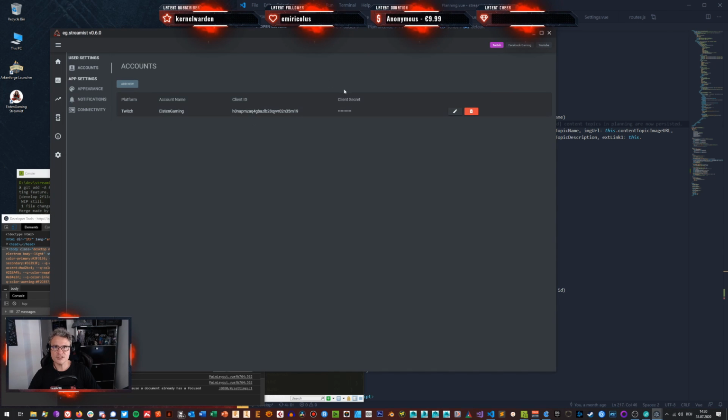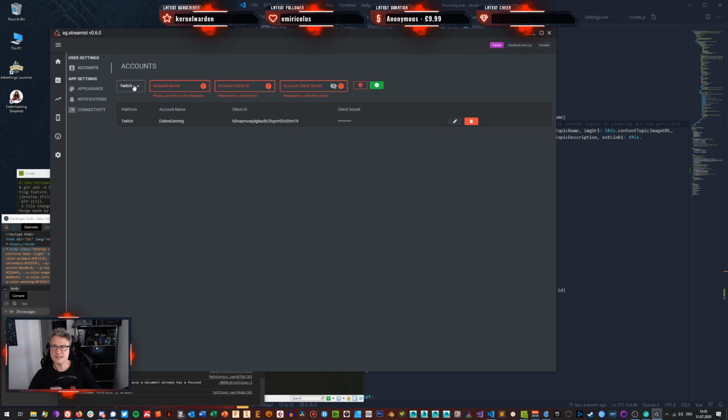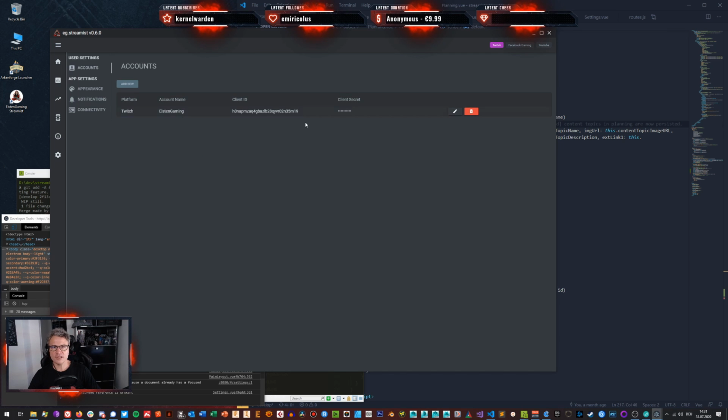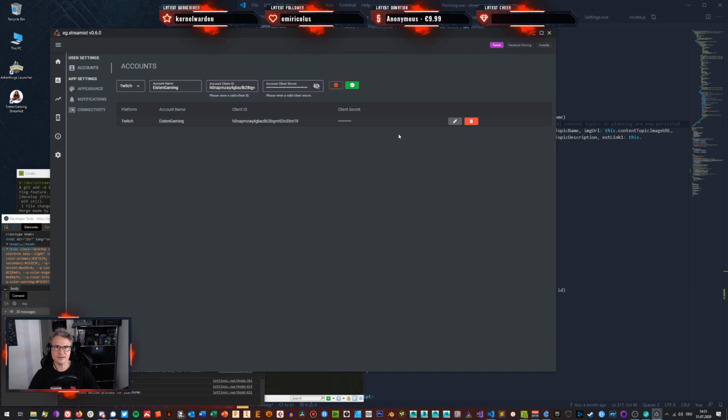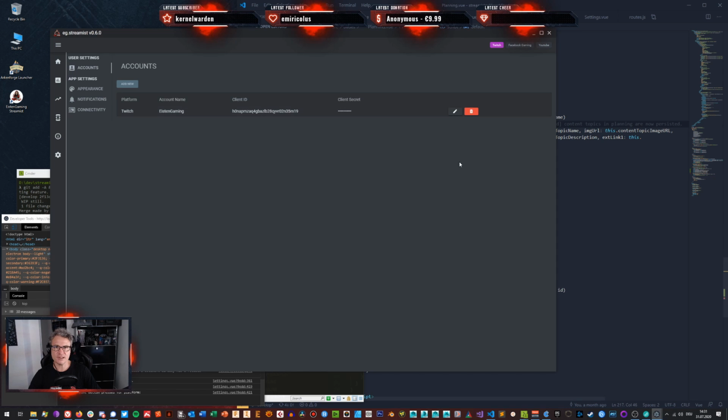Once you have this, you can generate a secret, add the client ID and the secret, put it here, save it. Actually, it would look like this. Select the platform, go for Twitch, add the account name. This can be any odd name, just more than three characters. The client ID, the client secret, and you can show and hide it here if you want to. This is a typical password feature, and then you can add it. You can also edit it, whatever you like. So if you want to edit it, go for this, and then edit your stuff, and then save it.